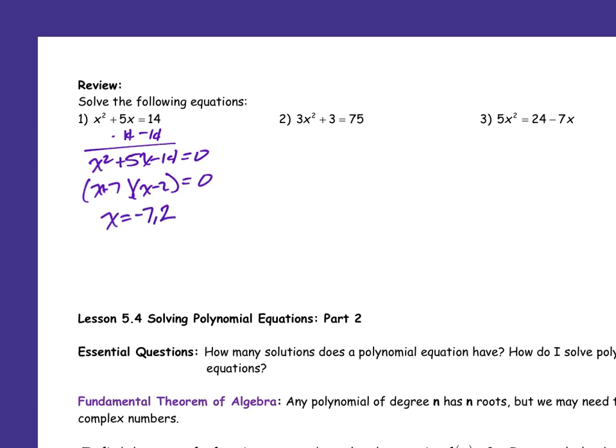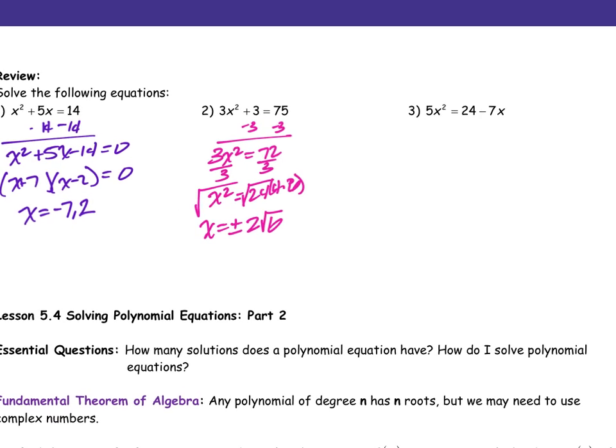Wow, going too fast. Subtract 3, and I get 3x squared equals 72. Divide by 3. x squared equals 24, square root. So x is going to equal plus or minus, 24 is 4 times 6, right? So that would be 2 root 6. Okay. And then 3,